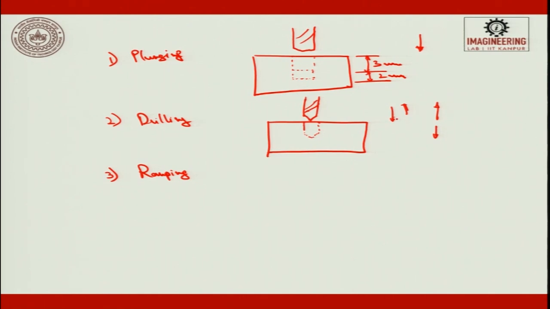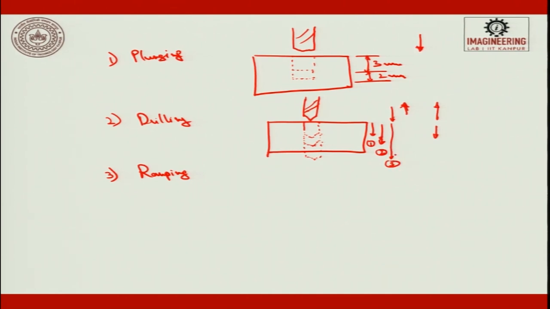In the second step it again comes down, then goes up. In the third step it might come down and make a through hole. This is step 1, step 2, and this is step 3.